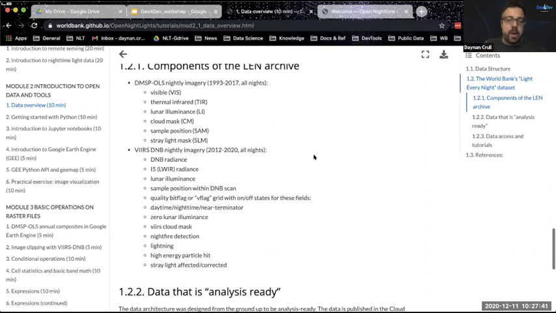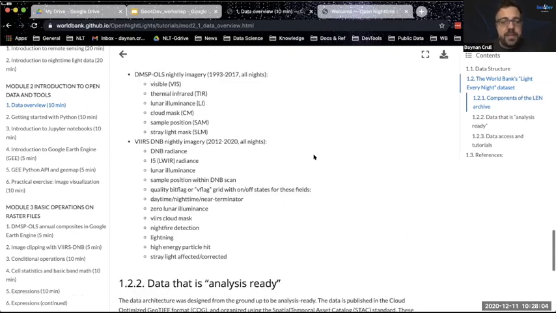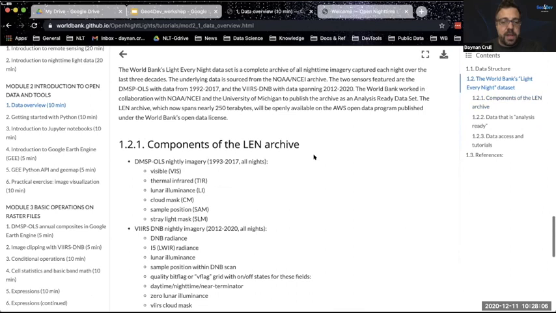You can make your own composites. You can do your own analysis. We will have nightly data available for DMSP and nightly data available for VIIRS. So you can access those quote unquote analysis ready data, meaning that we've done the pre-processing so that you can take a look at it. You'll still need to think about the data and do things that we're going to talk about later today. But I just want to give a teaser that this is something that we're going to have ready.